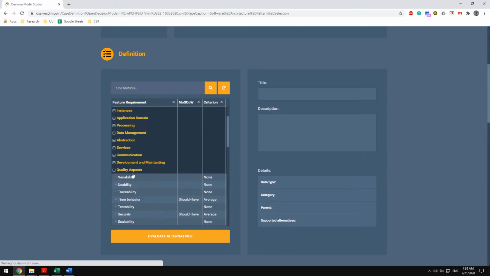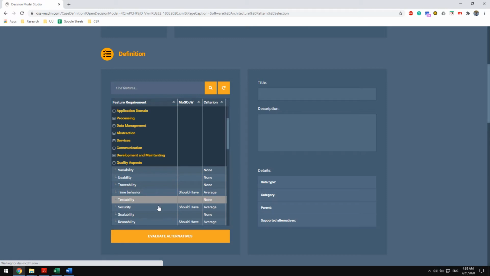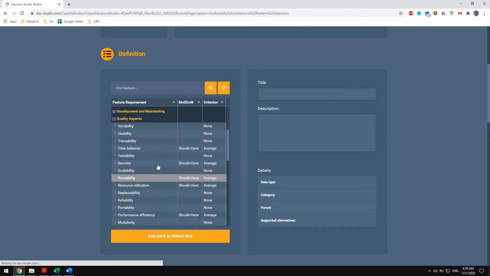She can also indicate her quality concerns such as time behavior, reusability, security, or performance efficiency, and assign one of the MoSCoW priorities to these quality concerns or feature requirements to define her